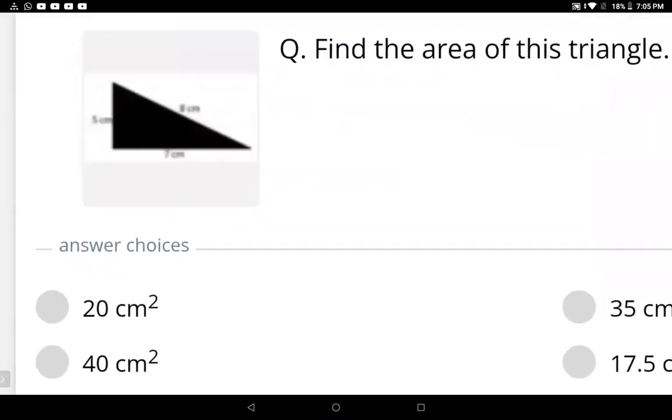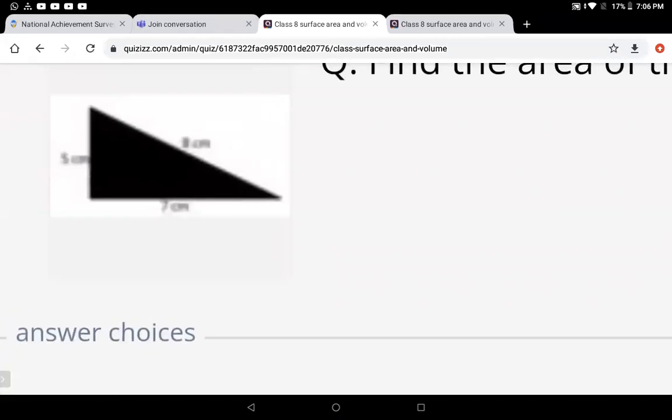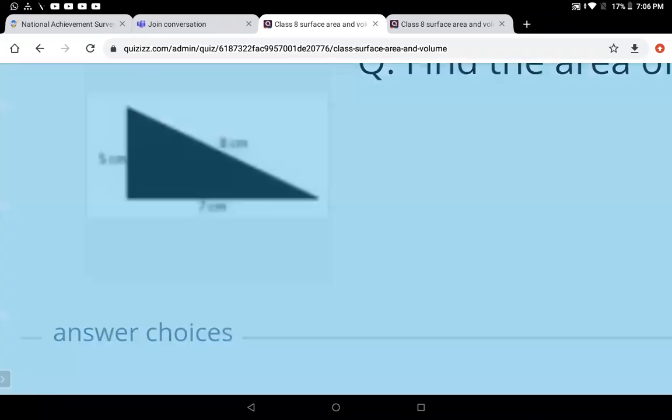Is it a Pythagorean triplet? You please check the sides, Sahu. Like that also we can go, whether it is Pythagoras or not. If the given sides are Pythagorean triplets, you can go directly with half base into height also. Ma'am, can you please tell that formula? How to check a Pythagorean triplet? Yeah, I will help you.